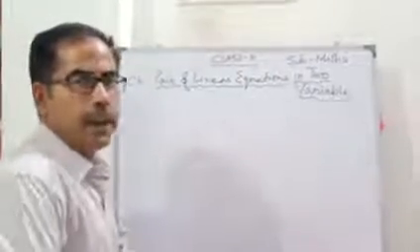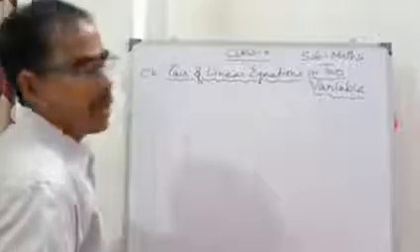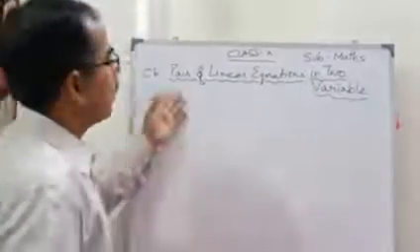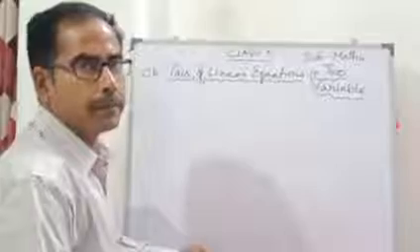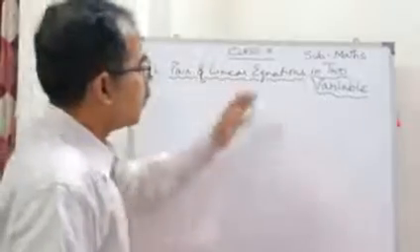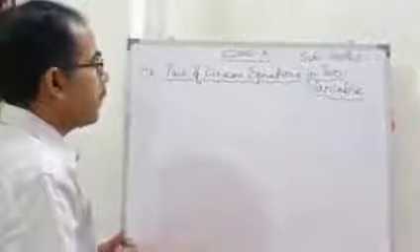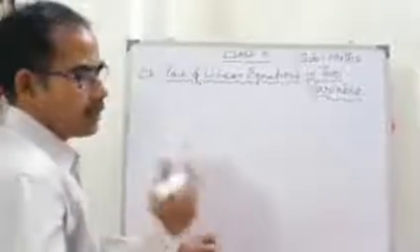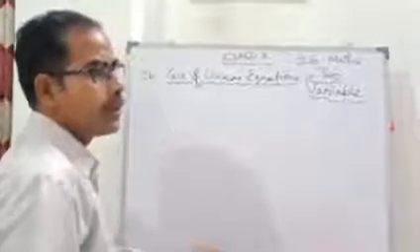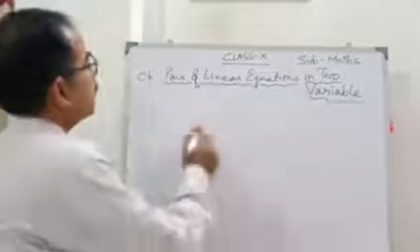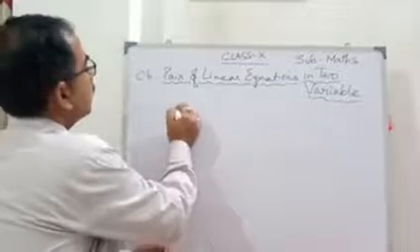Good morning, students. Today we will try to help you understand the next chapter of Class 10 maths, pair of linear equations in two variables. From the topic itself, we can understand that a linear equation, as we know very well, is one whose degree is 1. Suppose, if one variable,